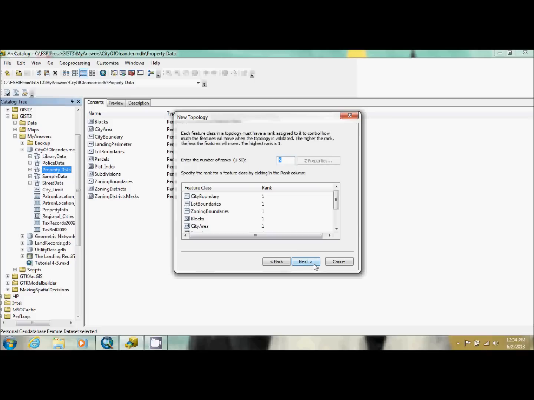And now what we're going to do is assign ranks to each of the feature classes that are inside our topology. Now the ranks determine how far a shaped feature will move. If it's 1, it's really not going to move at all. But if it's a higher rank, or I mean a higher number, it will be moved more readily. So we're going to make sure we have 5 ranks,